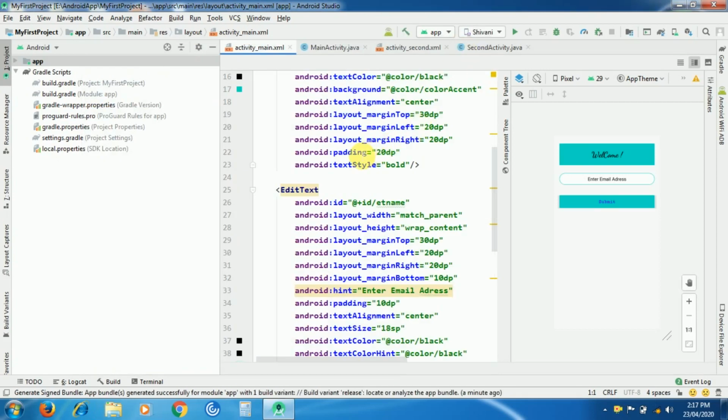I hope you understand all the explanation about APK, and the difference between build APK and signed APK is build APK is only for testing purpose. We can't upload it on Google Play Store. To upload it on Google Play Store we need to create signed APK for that.